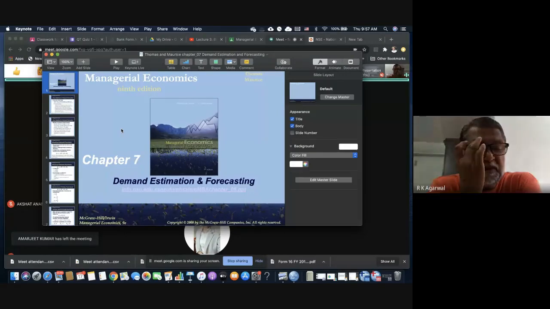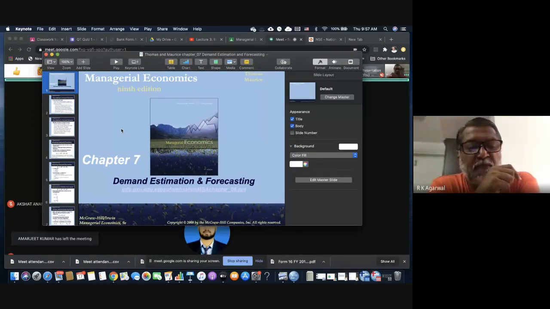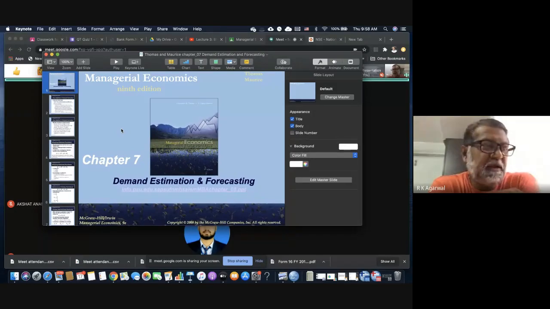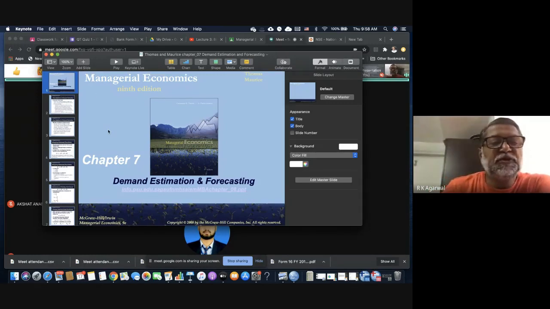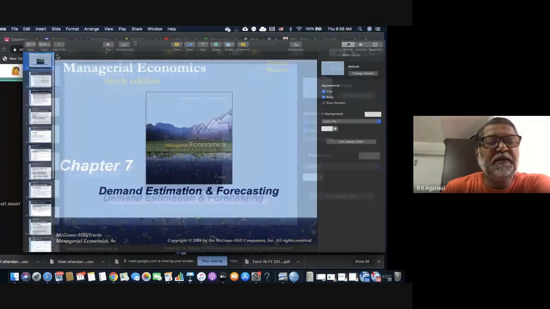And this presentation has been made from a book called Managerial Economics, co-authored by Thomas and Morris. In the 9th edition of this book, I think there are more editions available now, this topic called demand estimation and forecasting appeared in chapter 7. But in the latest books, the chapters may have changed because the authors may have introduced more chapters in their newer version. So this is what we are going to present now,